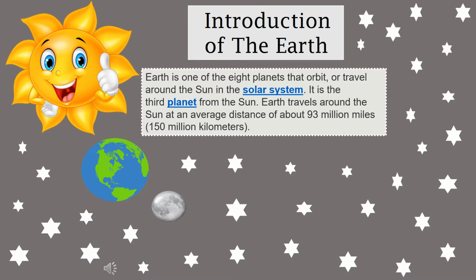The 8 planets including our Earth are Mercury, Venus, Earth, Mars, Jupiter, Saturn, Uranus, Neptune. Okay, these are the 8 planets. So, the Earth is the 3rd planet. Mercury, Venus and Earth. Earth is the 3rd planet and it is orbiting and traveling around the sun in the